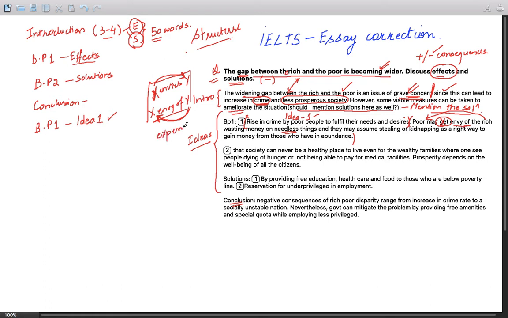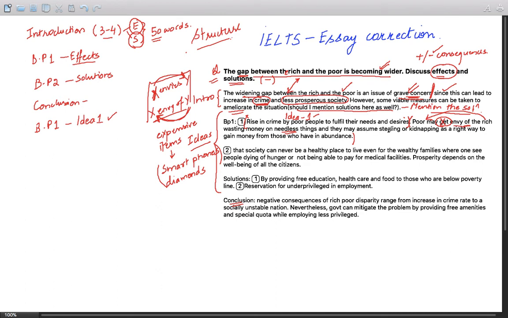You can mention expensive items, and then mention some of the expensive items such as latest cell phones, latest smartphones, diamonds, jewelry. They are envious. Luxury cars, and they are wasting money on expensive items such as smartphones, diamonds, and luxury cars,